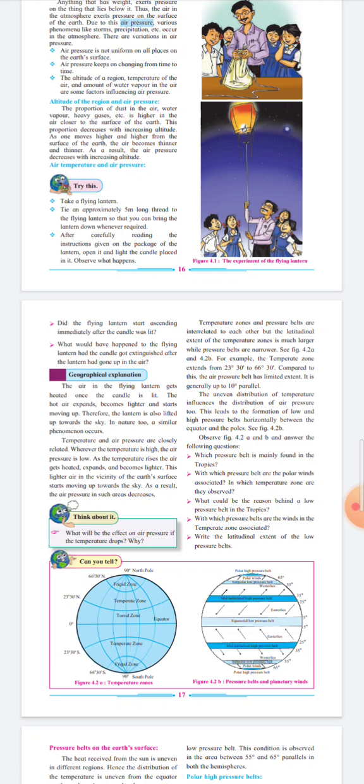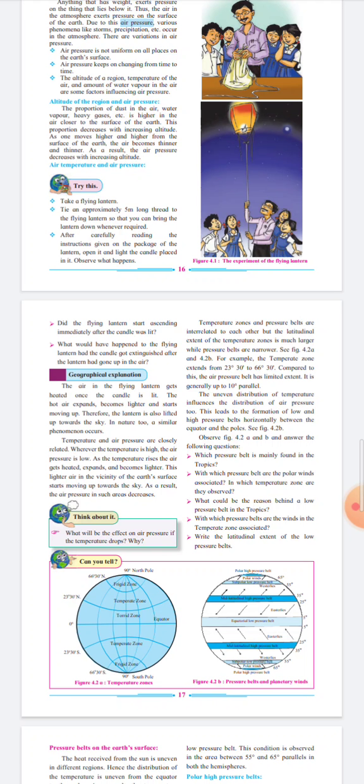Why? What is the reason that in this region a high pressure belt is formed? At higher altitudes, the air cools down and becomes heavier. Hence, in the area between 25 degrees north to 35 degrees north and 25 degrees south to 35 degrees south, a high pressure belt is formed. This air is dry, hence the region does not get rainfall. That is why most of the deserts on the earth are found in this area. The Thar desert is found in this area.